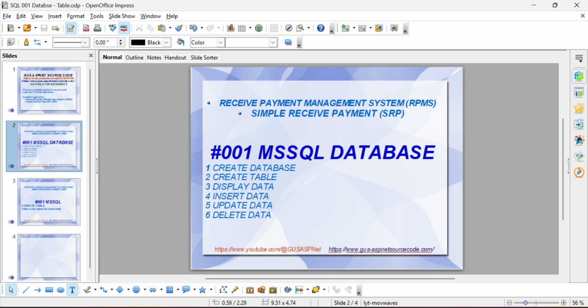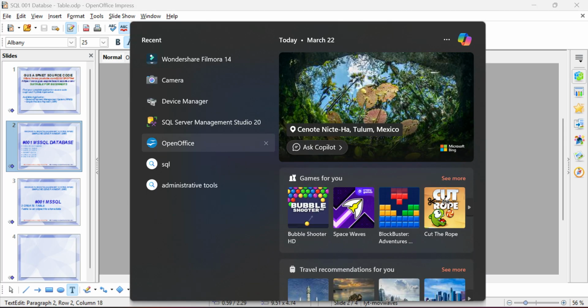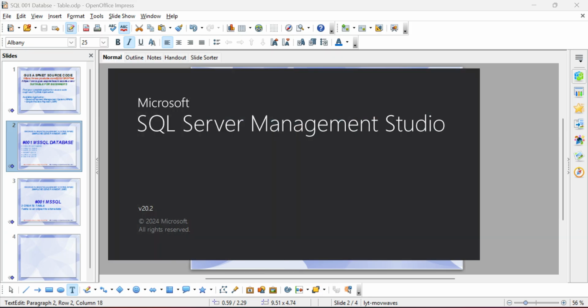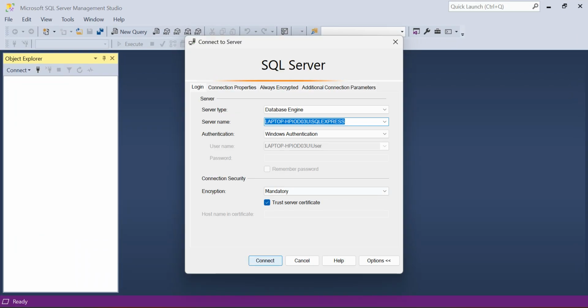Okay, first let's create a database. Now open SQL Server Management Studio. My SQL Server Management Studio is version 20. Connect.